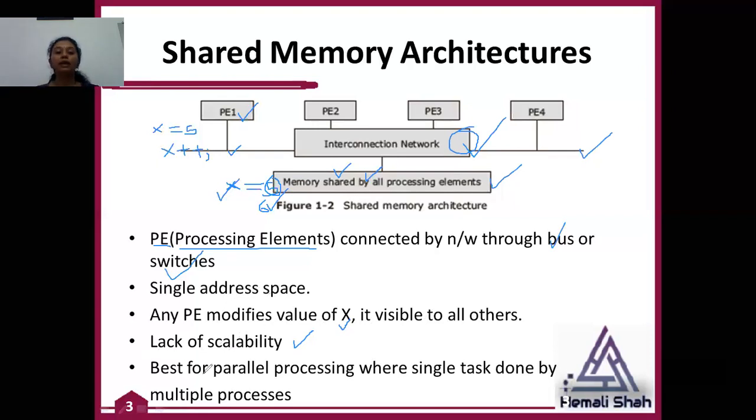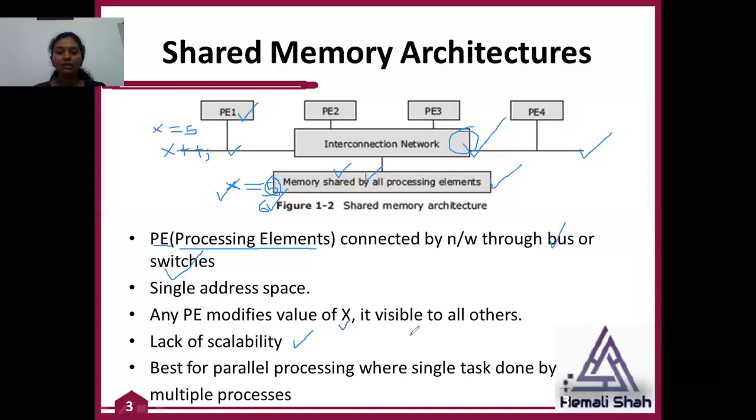So if you want to expand your existing system in future, then you should go for the next architecture, that is the distributed memory architecture. Now this shared memory architecture is actually best suitable for parallel processing application concepts, where a single task is divided into small tasks, and all tasks work parallelly and all share the data.